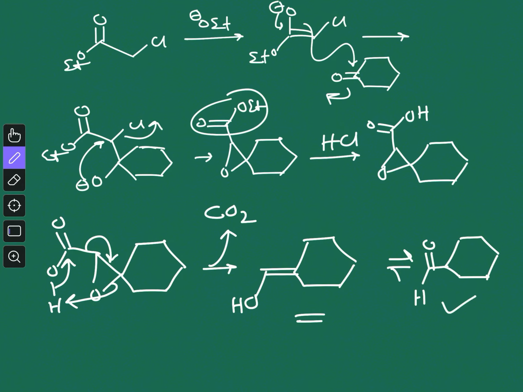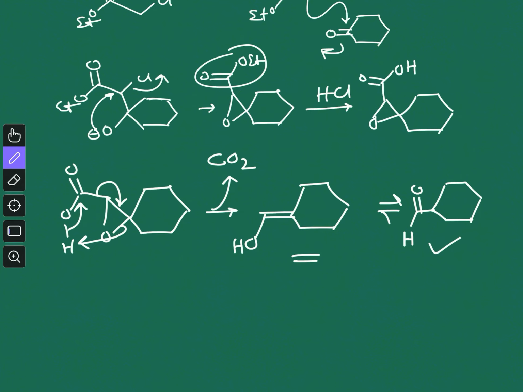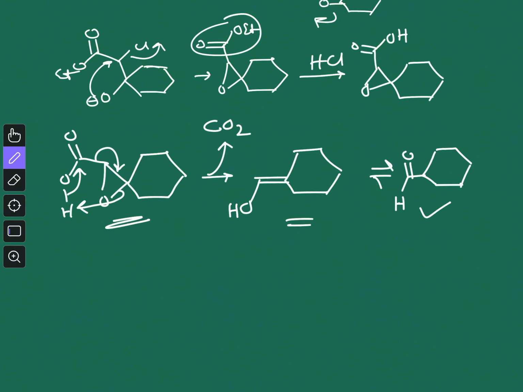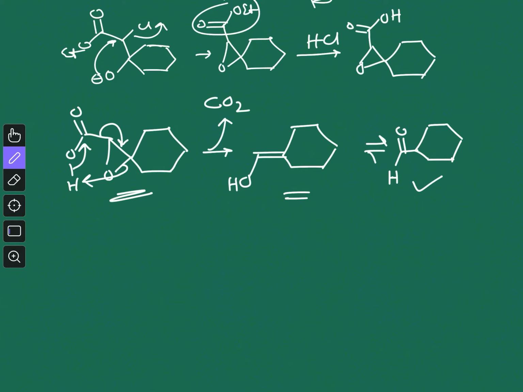So this is how, using the Darzens glycidic ester condensation reaction, you can convert the ketone to the aldehyde in one step. Now if this mechanism looks a bit noisy, you can do it in a stepwise way also. Actually there is no clear-cut proof in which way the reaction is going. So what you can do is simply protonate it first. So it can be a stepwise mechanism.